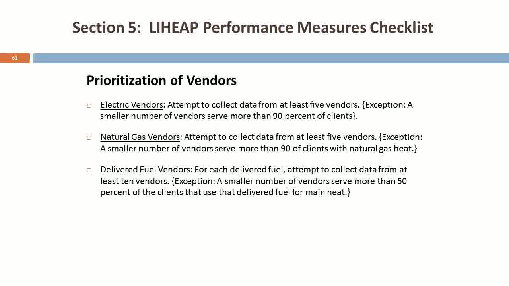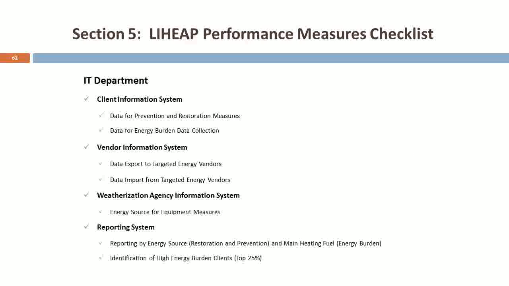There are a lot of rural vendors, and they might not have good data collection procedures. I've been hearing that some people track information on paper still, that some even have volunteers as staff. Those are all considerations that you're definitely going to have to take into account and deal with. But we want you to really work on first getting the top 10, and if you can't, maybe a smaller number of vendors serve more than 50% of your clients that use delivered fuel for their main heat, and that's where you should start. You really want to get the most bang for your buck, and that's what these slides are all about. Did you have a quick question?